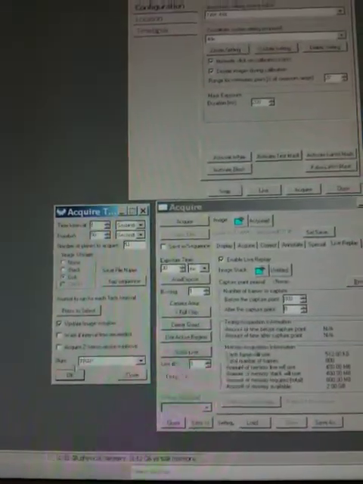Just to show that real quick, we'll do one more time lapse here. We'll say okay. Okay, now we're acquiring, and what we'll do is we'll just draw